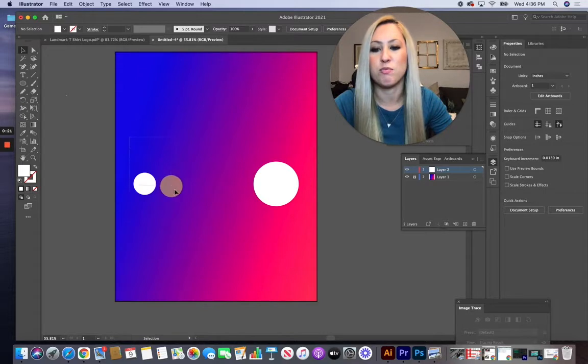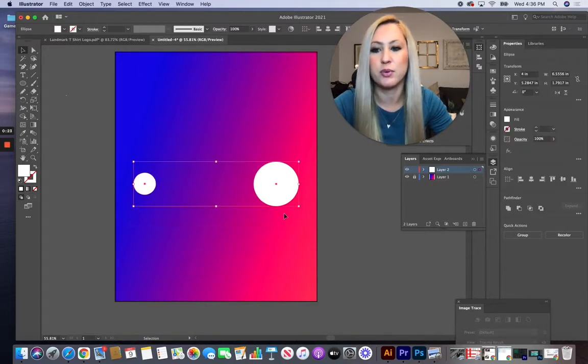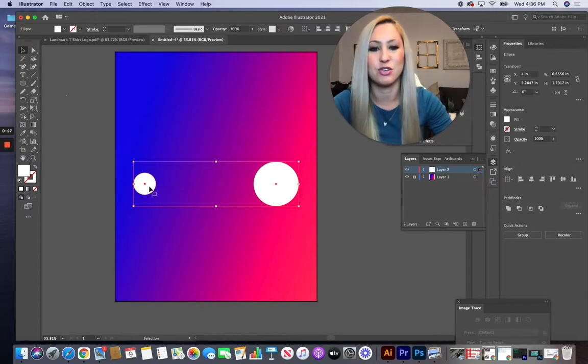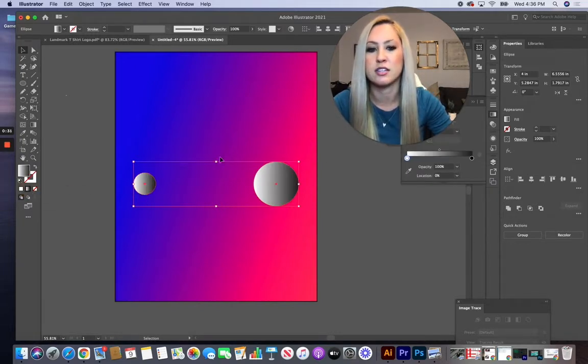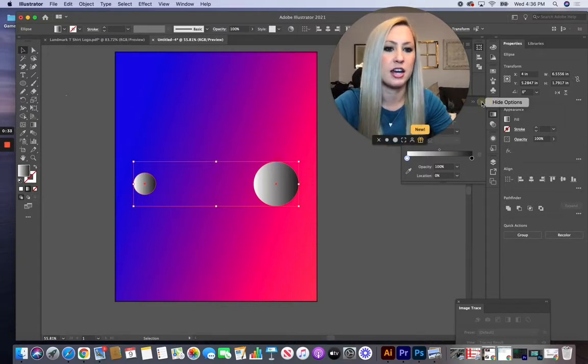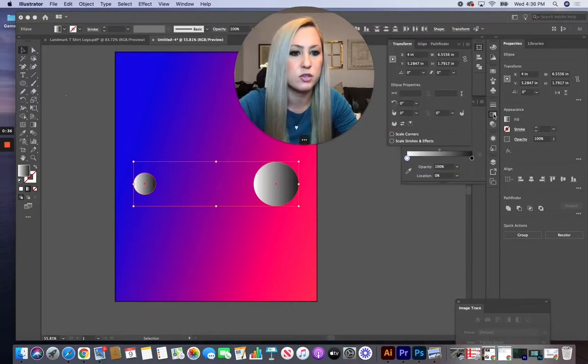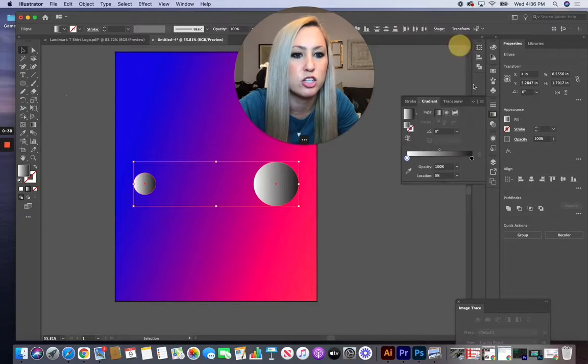In order to make the shape look liquid, we need to turn these two shapes that I have created here into a gradient. So if you don't know how to do that, instead of choosing our fill, I'm going to change it to a gradient. It automatically turns that into grayscale, so I want to make sure that I set it to RGB color mode